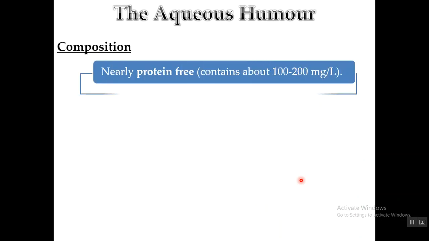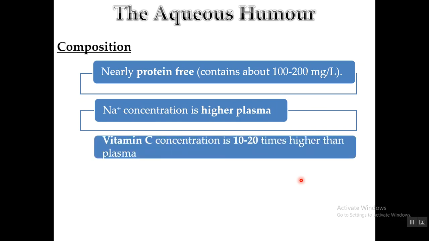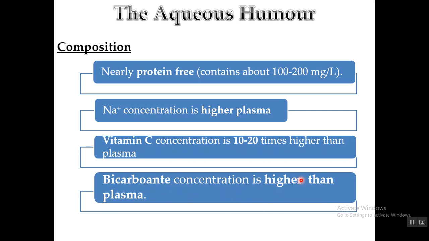What about its composition? It is nearly protein free, or its protein content is very low, about 100 to 200 milligrams per liter. The concentration of sodium is high compared to the plasma. The vitamin C concentration is high compared to the plasma, about 10 to 20 times. The bicarb concentration is also higher than the plasma. Why? To neutralize the lactic acid, which is produced by anaerobic oxidation for the